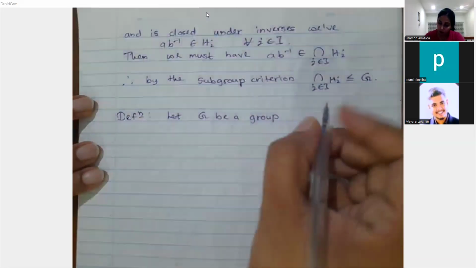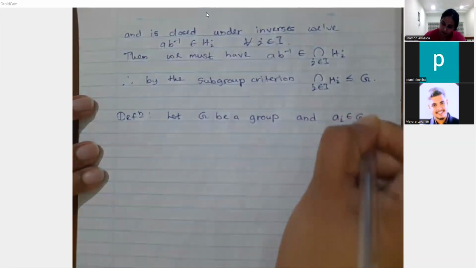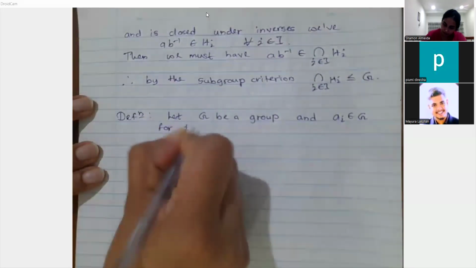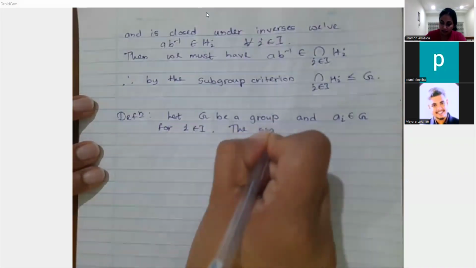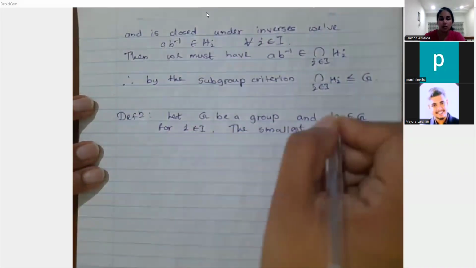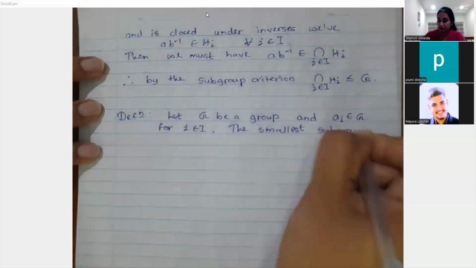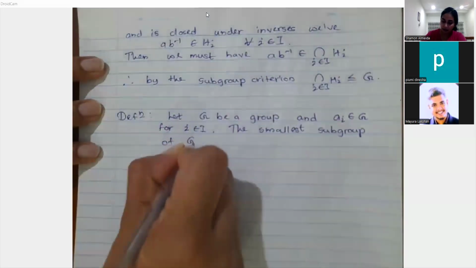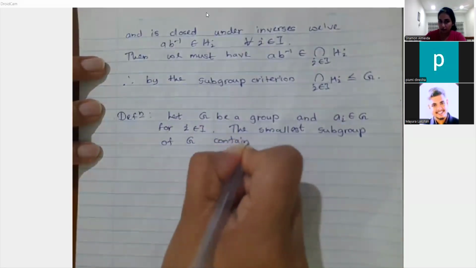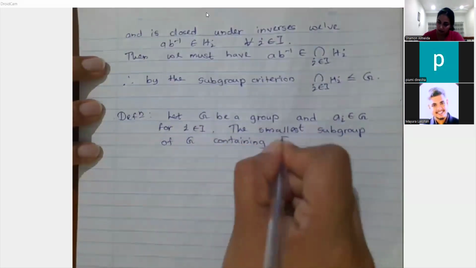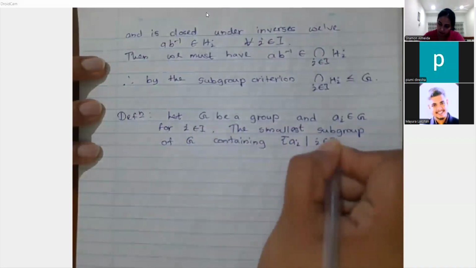Let G be a group, and let's take a_i to be an element in G for i coming from some index set I. The smallest subgroup of G containing these elements, these a_i, right,